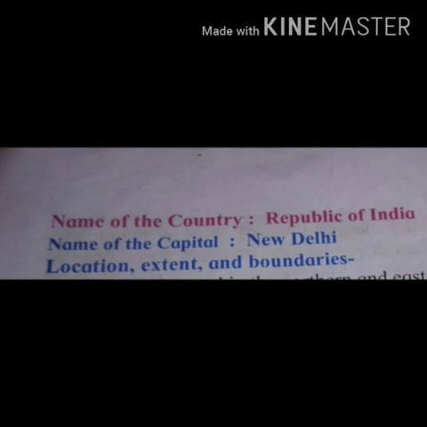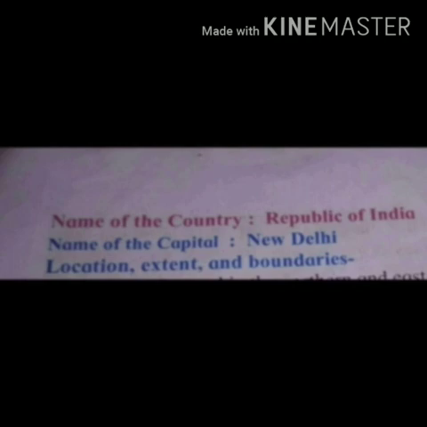Students, what is meant by republic? Republic means a country that has an elected government and an elected leader, that is, a president. For example, in India, the president is elected by the people, so India is a republic country. If we take the example of Britain, the head or the leader is not elected by the people, so we cannot say it's a republic country, but it is a democracy.